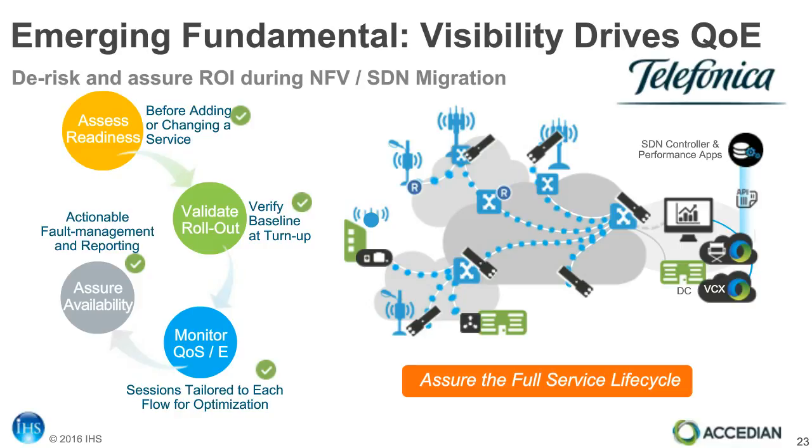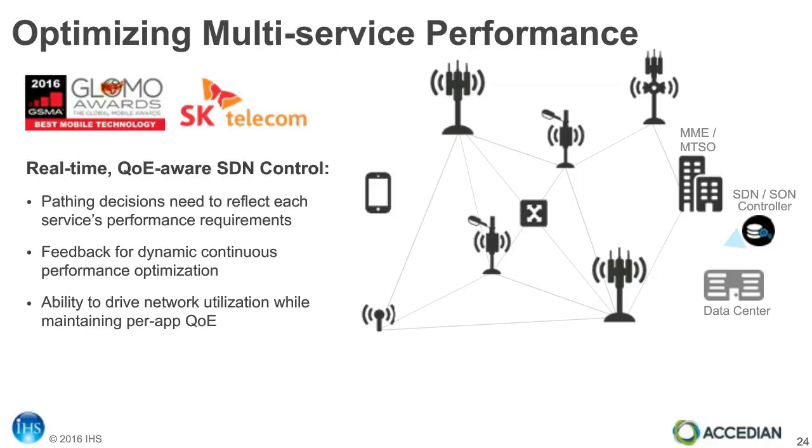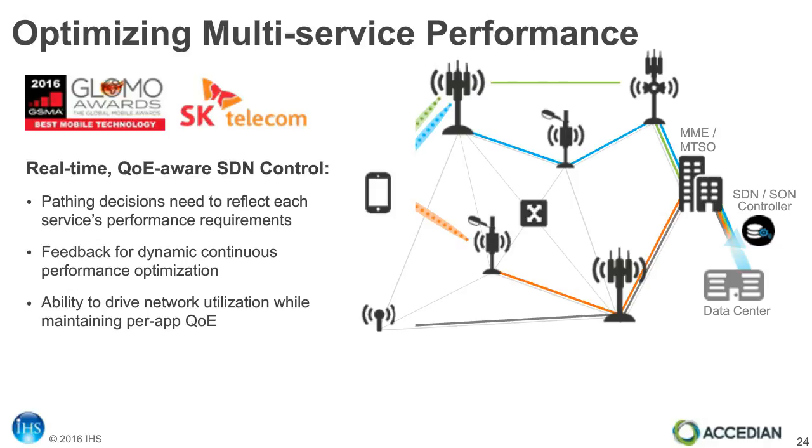In terms of SDN control and how the network state is used to do coordinated multi-point or intelligent backhaul pathing, we'll take a look at a case study here that SK Telecom has presented in terms of how they were able to measure the network state across all of their different backhaul links and then move traffic around them. So these would be either network slices that are serving multiple applications concurrently, or data from even single sessions that would be split or aggregated over multiple links, which could be microwave or dark fiber or regular Ethernet, for example,